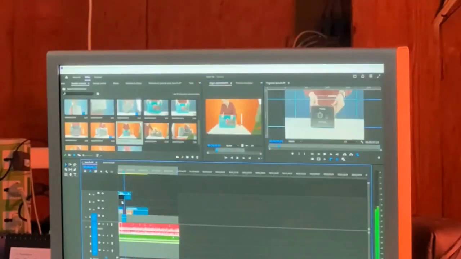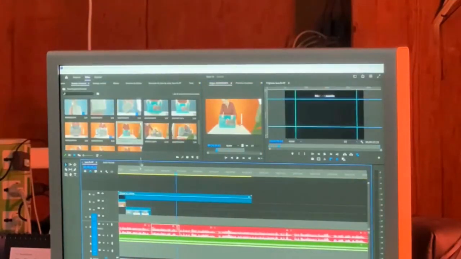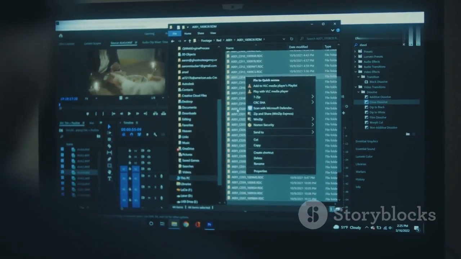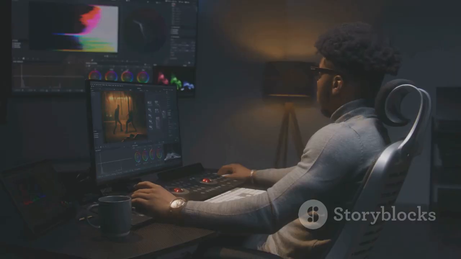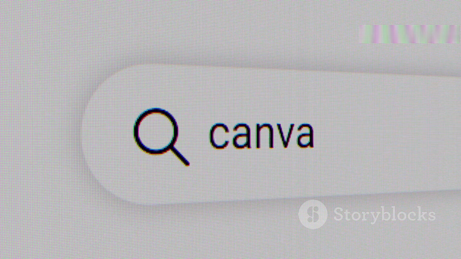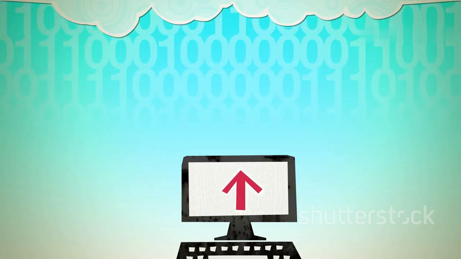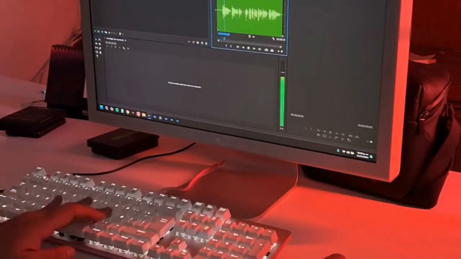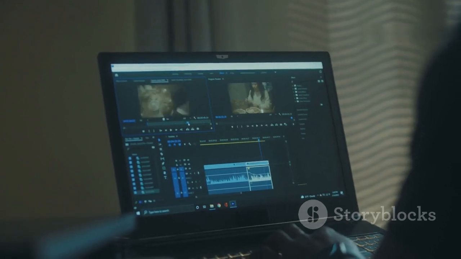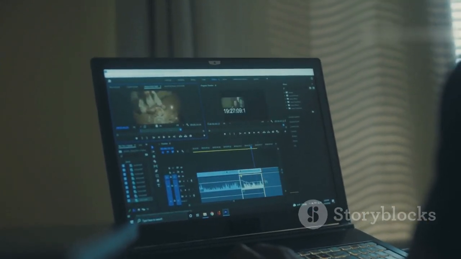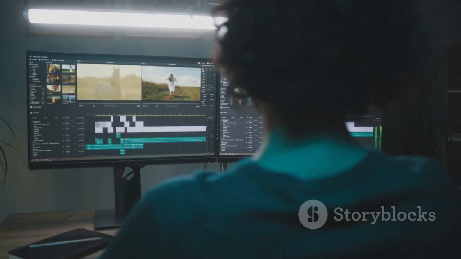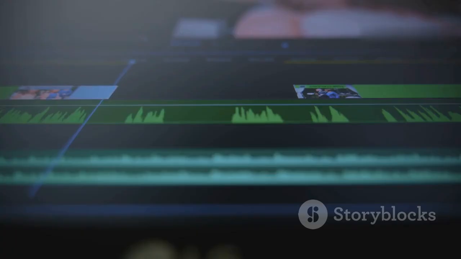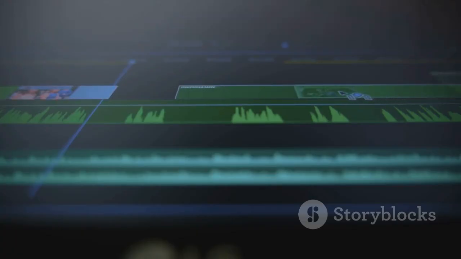Now, with all our animated elements ready, let's assemble everything together into a compelling and finished film. The final step, it's time for the exciting part. It's editing your video directly in Canva. First, upload all of your animated clips, your voiceover, and any optional background music you've selected. Now drag all of your clips onto the timeline, placing them in the correct story order. Trim and carefully sync your visuals with your narration to ensure a smooth and engaging pacing.